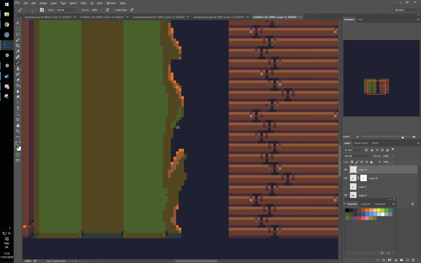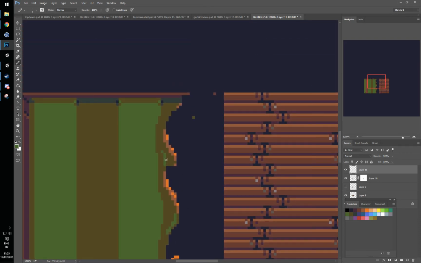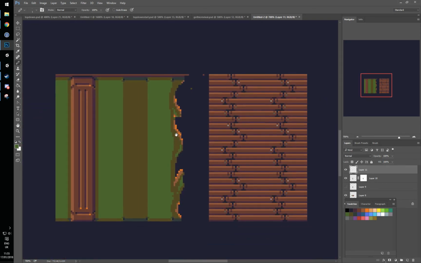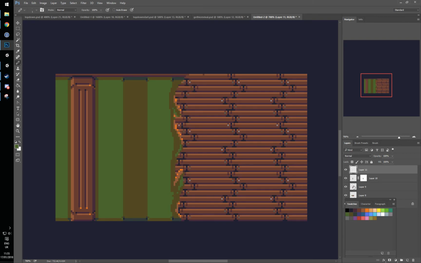Not sure if that is. Nope, that's the background color. Don't want to do that. Okay, that looks nice. So we have the wallpaper that is ripped, but obviously the background is